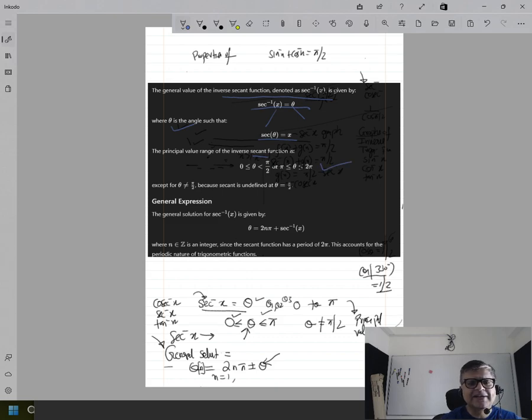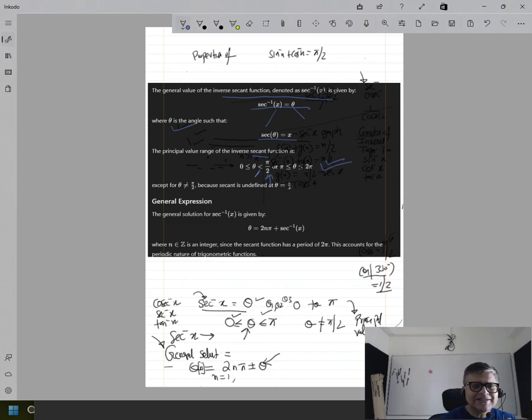You will see that the value of secant inverse function range is 0 to pi by 2, then pi to 2 pi, but pi by 2 is not included. So there is no equal to sign here, right? So memorize. If you don't know the principal value of secant function, you're gone. So first of all, memorize all the